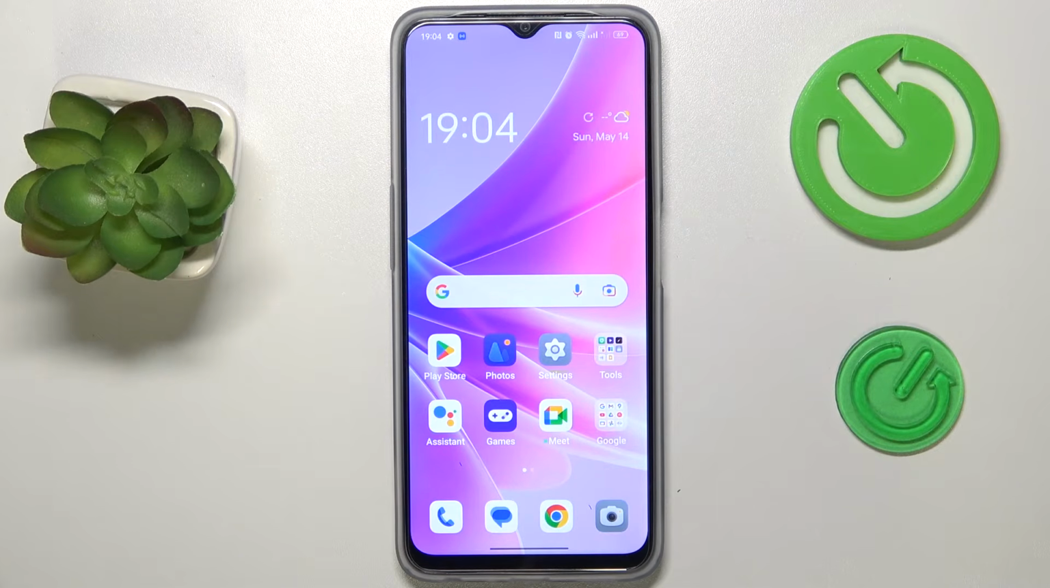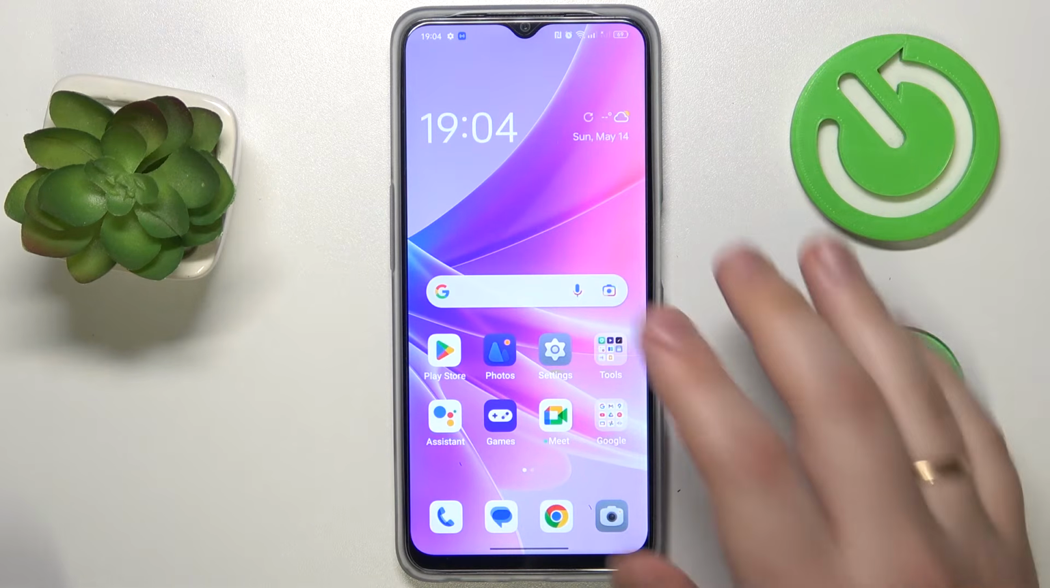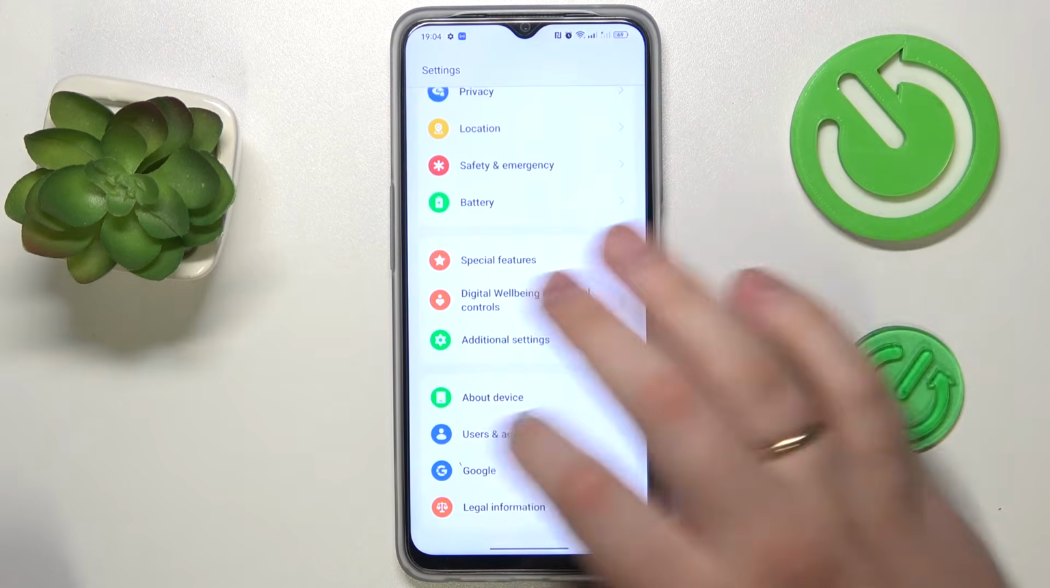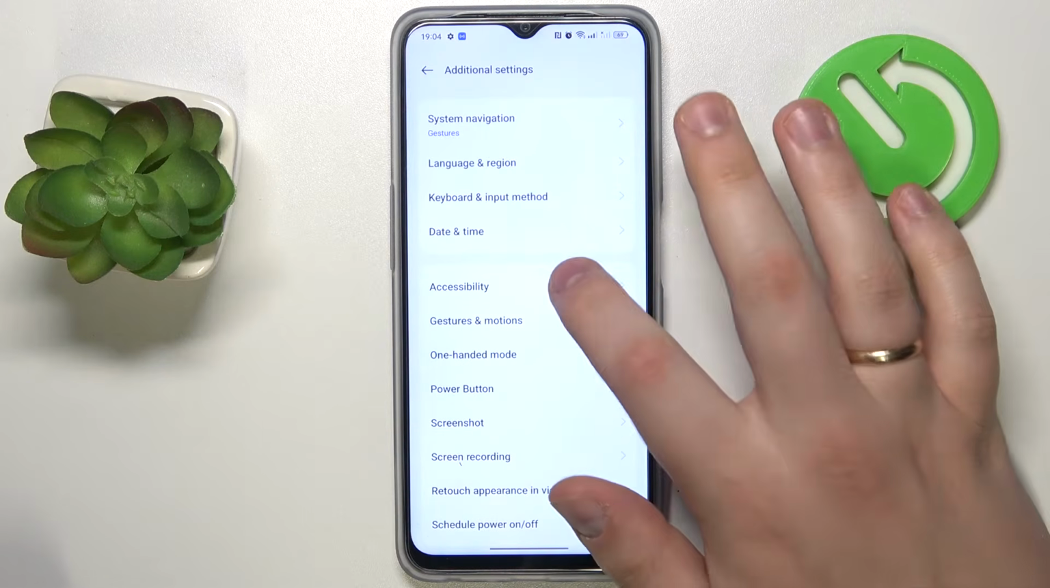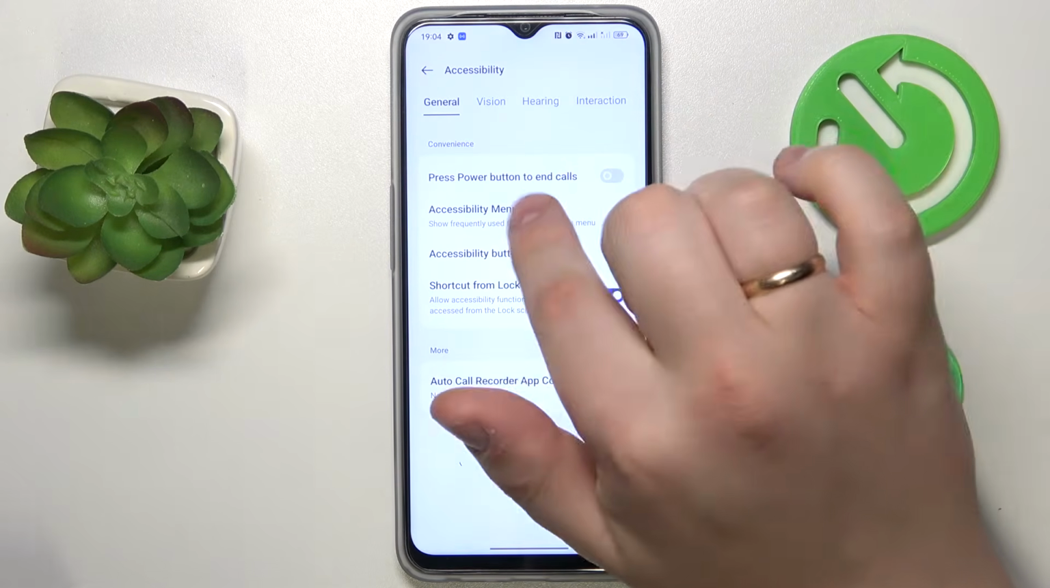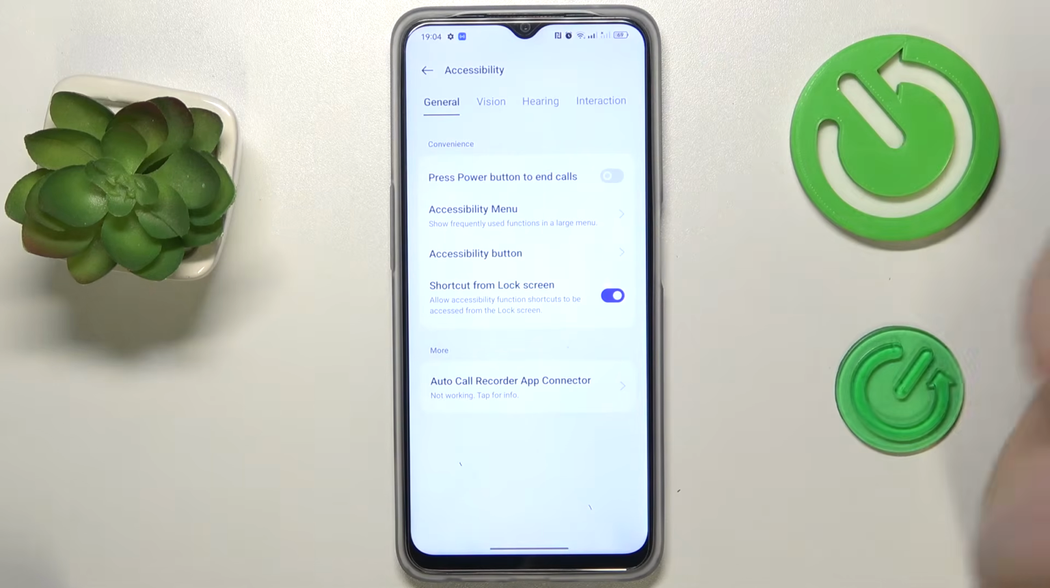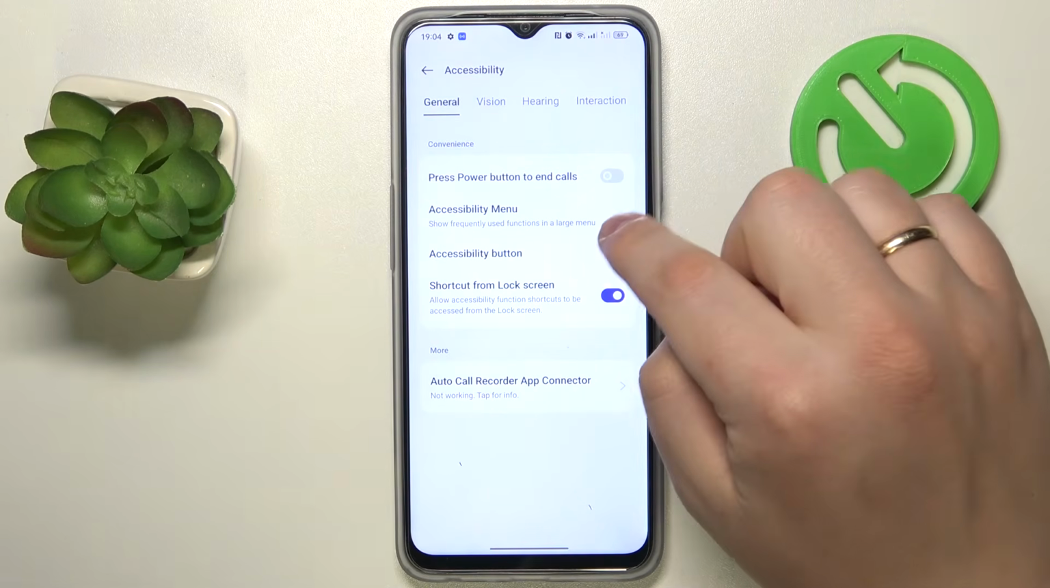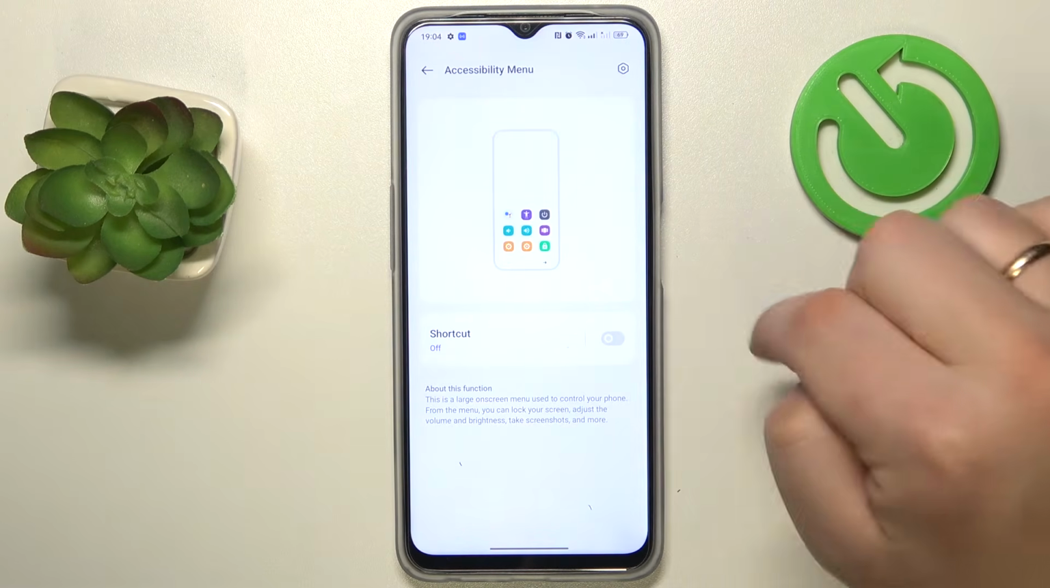So in order to do that, in case your power key simply does not work, or you decided to know that out of curiosity, so whatever are your reasons, you can very simply do that by launching settings, then entering the additional settings, accessibility, and at the general section of accessibility settings, go into accessibility menu and turn on the